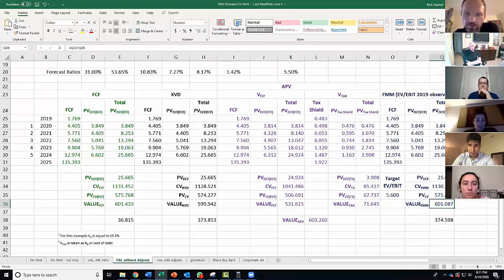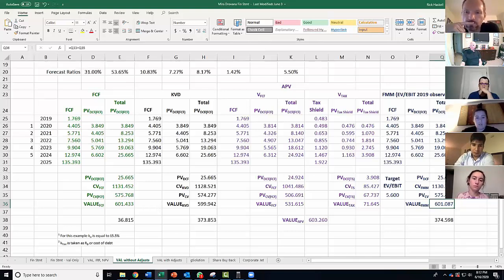Gotcha. I just wanted to clarify that before I ask my next question. Maybe it's just how my mind's working, but the trick is how do you get that multiple? How do you get that target EBIT, right? When we go to do this, we talked a little bit about how in the real world you've got multiple types of multiples that you could apply based on the type of company. But my question is, how would we go about calculating that 5.6, or is that just a variable that we're going to anticipate is given? Or you're giving clues to it or something.